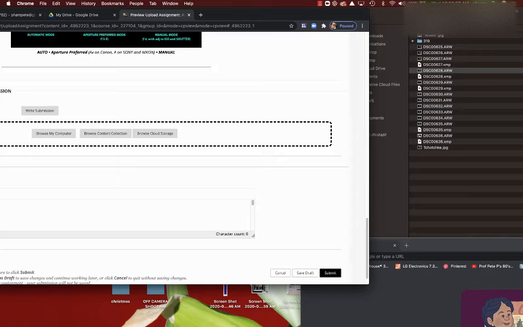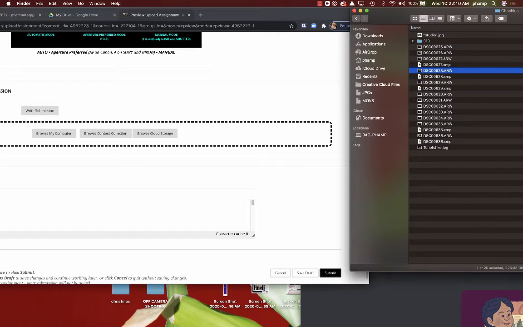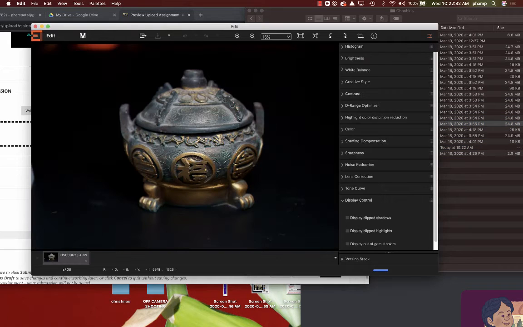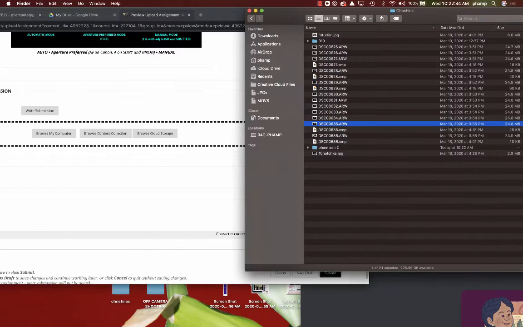So in order to do that, I'm going to create a folder, and I will do in this tchotchke photo shoot area, I'll do a new folder. I'll hit Command-Shift-N on a Mac to create a new folder, and I'll say my name, FOM Assignment 2. And I'm going to drag a couple of these ARW files in there. So I'll take a look at one of these. I'll open it and I'll see, okay, that's one of the files I want to submit. So I'm going to put this ARW file inside here. And I'm only going to do it with a few files for class purposes